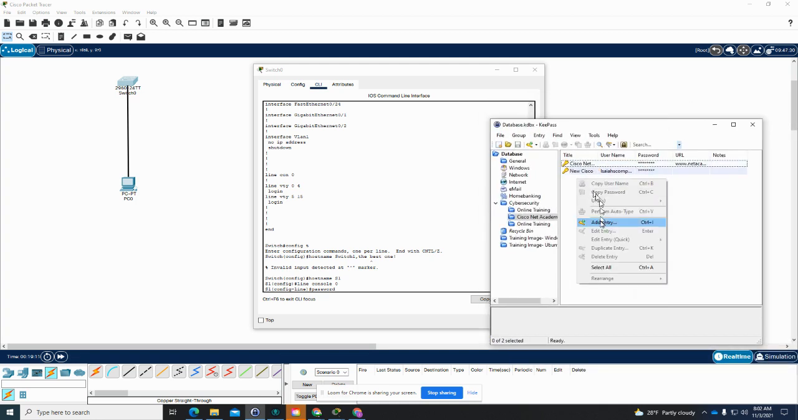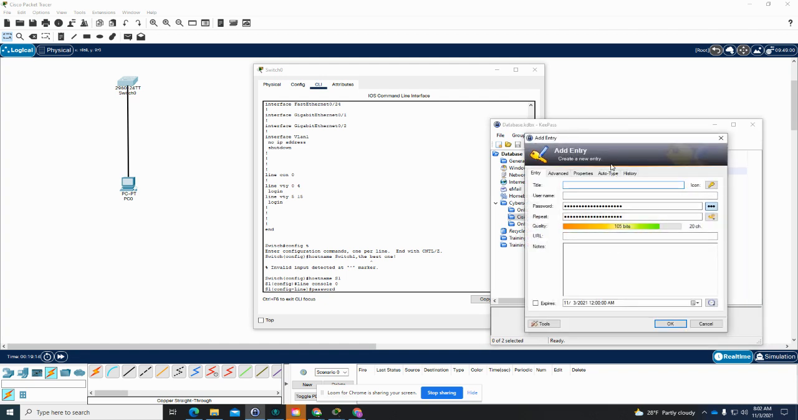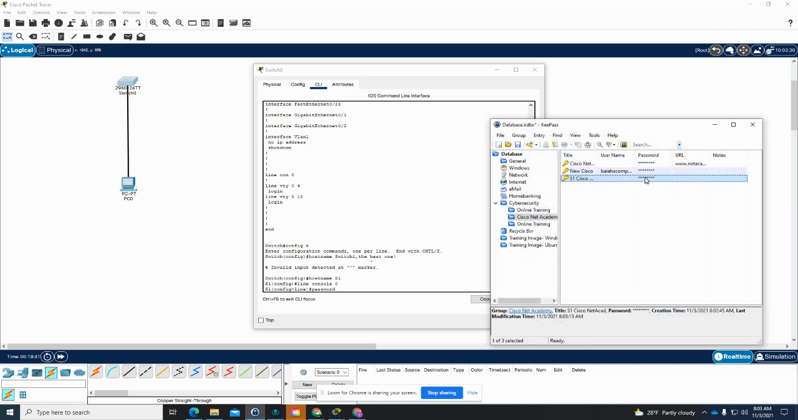Here we go. Now I'm going to add an entry, and I'm going to put in the hostname, which is S1, S1 Cisco Netacad. We don't have any username that we're going to be setting up, so all we've got is the password. This password right here is what we'll be using. I'm using KeePass. You can create your own password that could work, and it could also be very secure. But this is just my